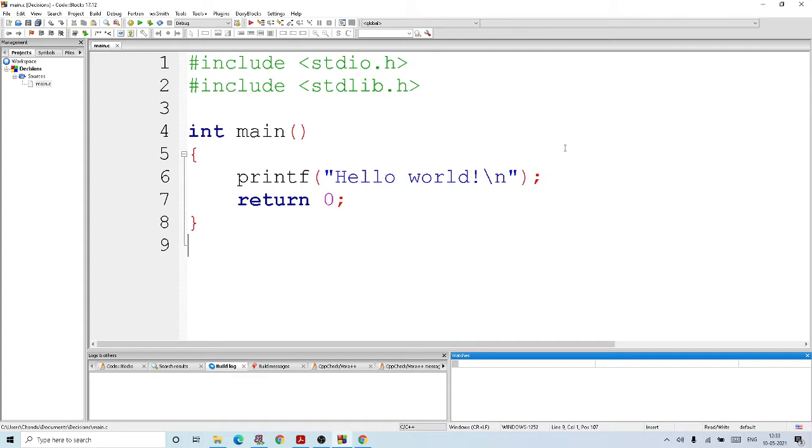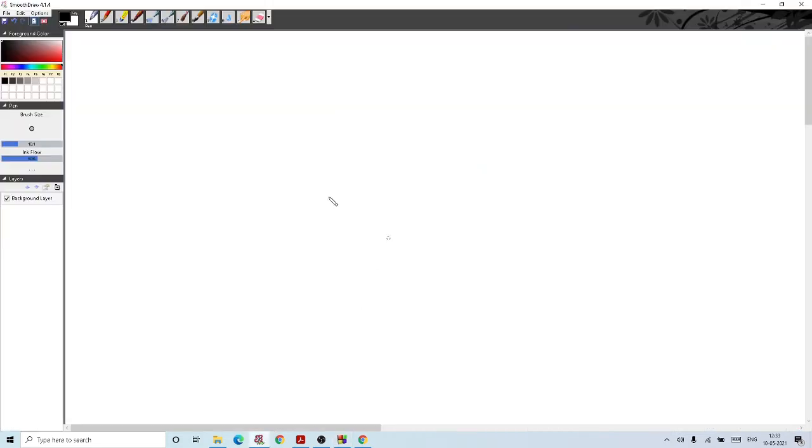In C programming language there are mainly three types of decision making. First, the normal if statement.